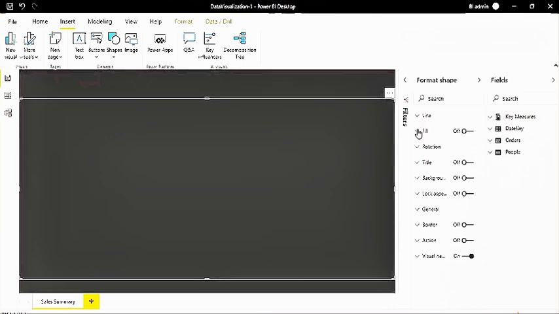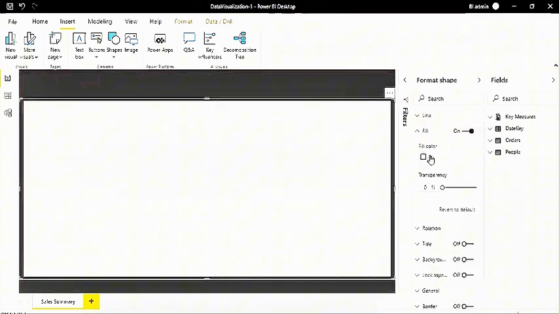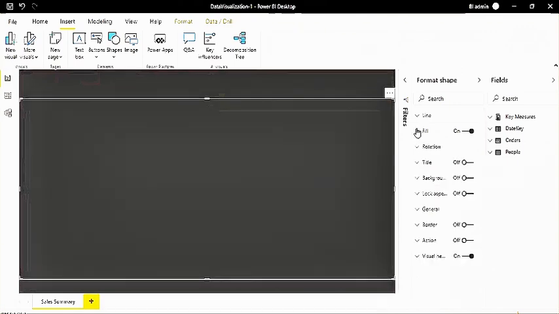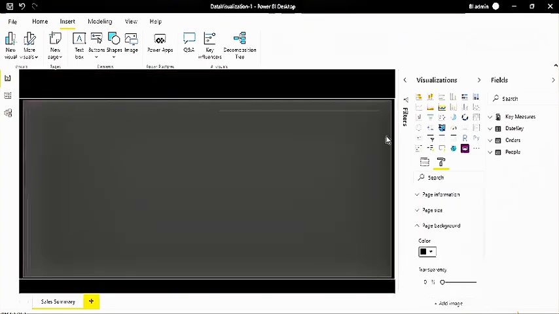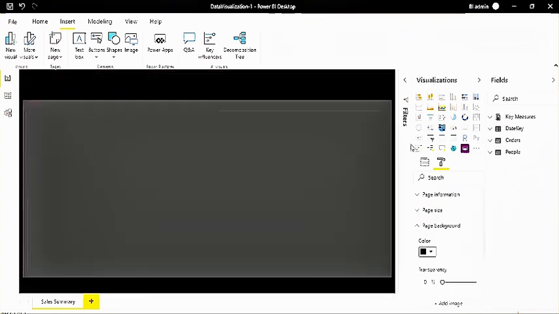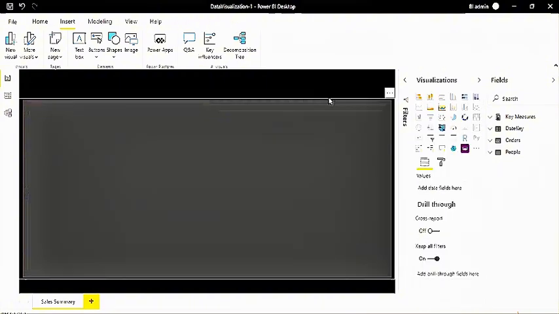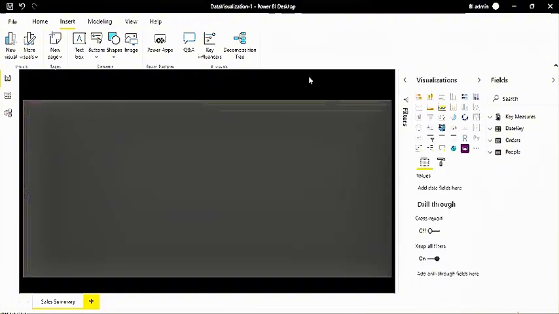All right, and here I'm going to fill it with a different color. Let's say this one. I think I selected the same color. Let me just. All right, perfect. So this is what I was trying to do. Now here you have this space which you can use for the report visualization.